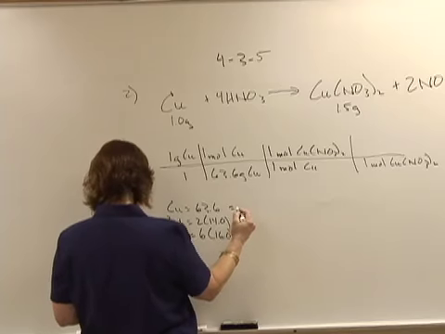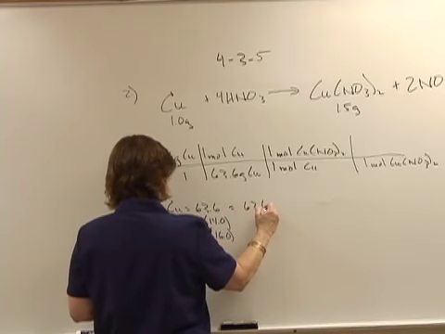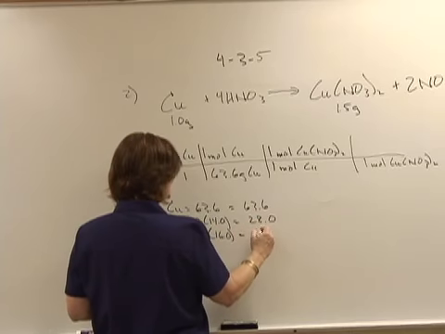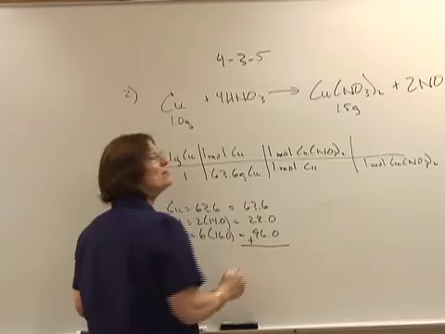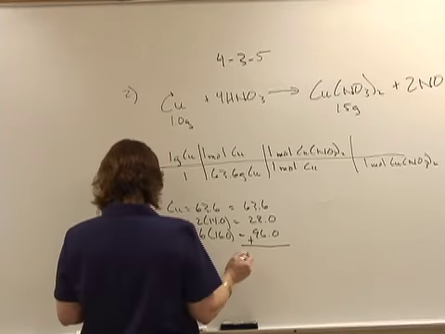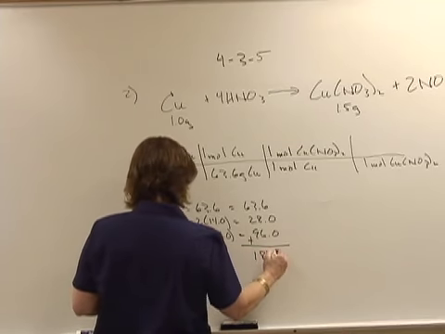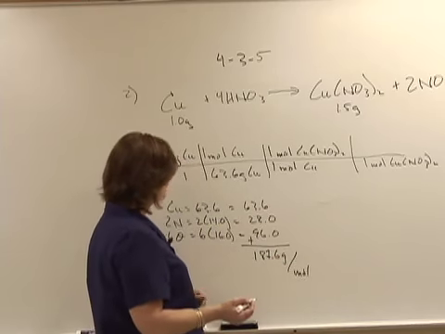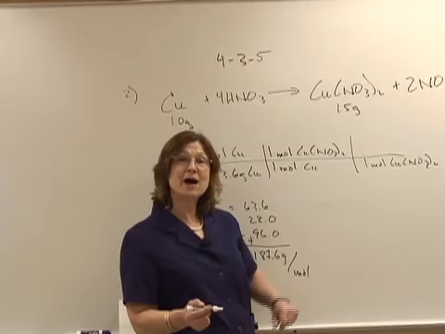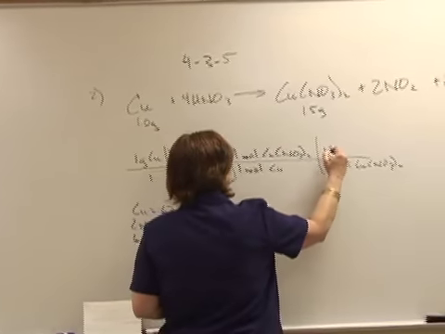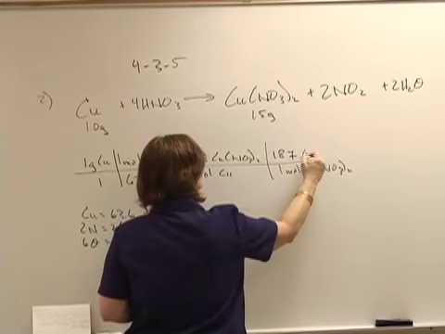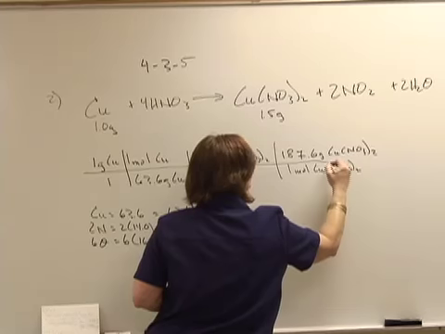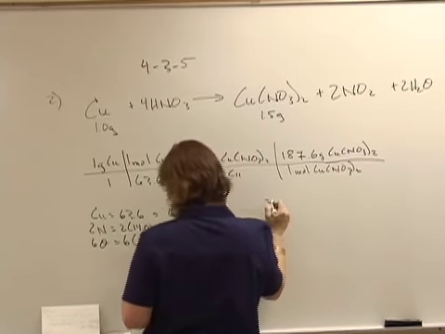And then, of course, you know I do them again. 63.6, 28.0, and 96.0. And when we add them up to get the total formula mass, we come up with 187.6 grams per mole. And this is my conversion factor. And moles goes on the bottom, and the grams go on the top. Now, when I do this math, I come out with